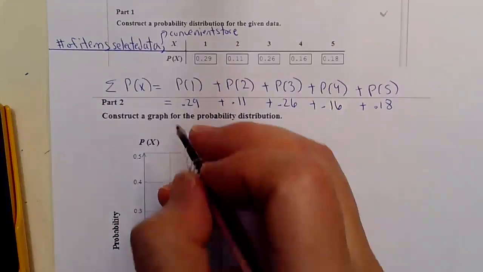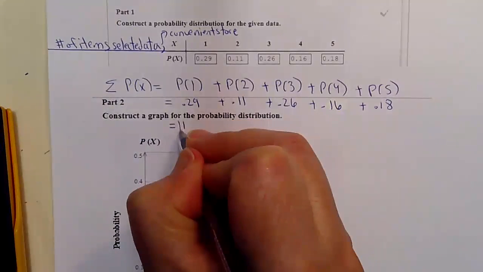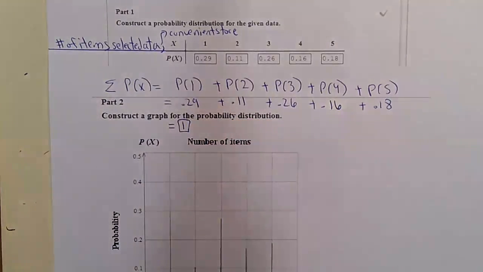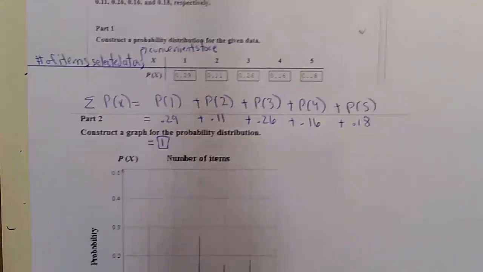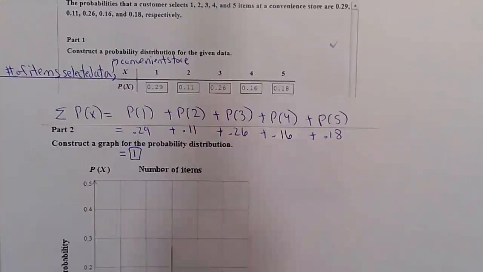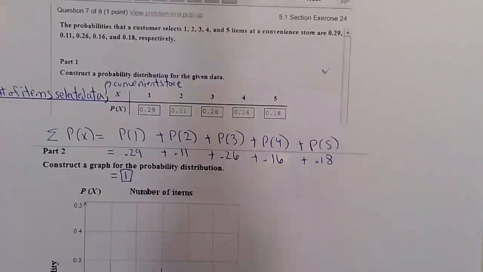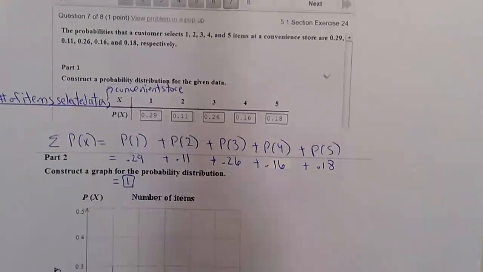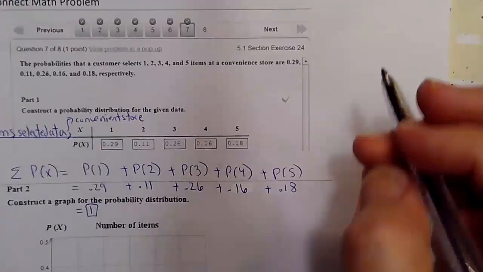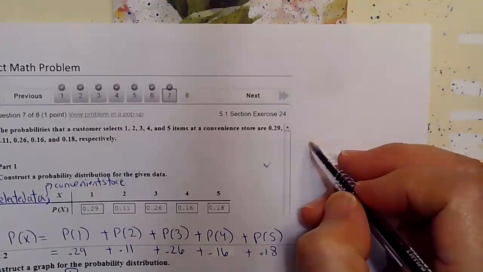And so this is equal to 1 as required. And then the other requirement is that each one has to be under $1, between 0 and $1. No negatives. None of these are negatives, and none of these are over 1. So if you were to write that up, you could say, for example,